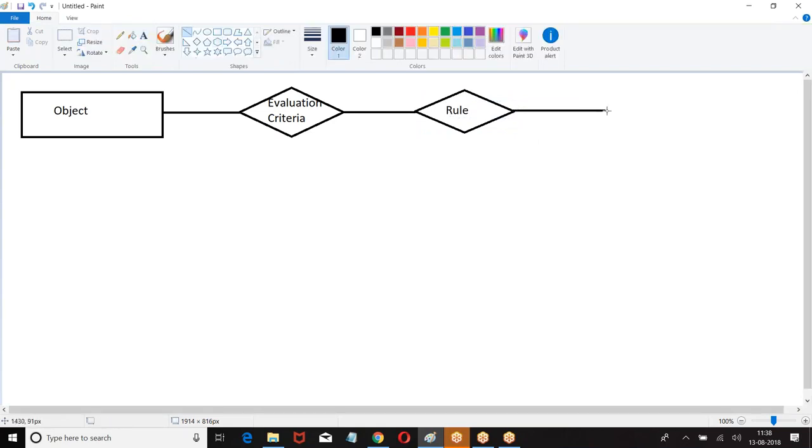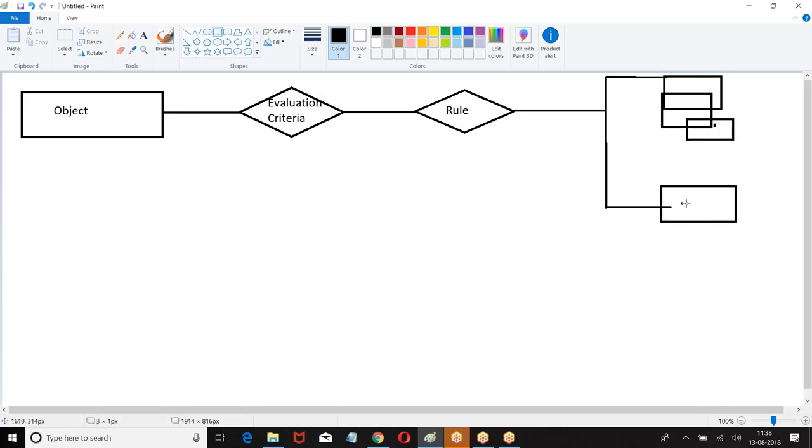Now look at the structure carefully. So what was that? On an object, when an evaluation criteria is met, we want to check the rule. When the rule is met, we will perform action.